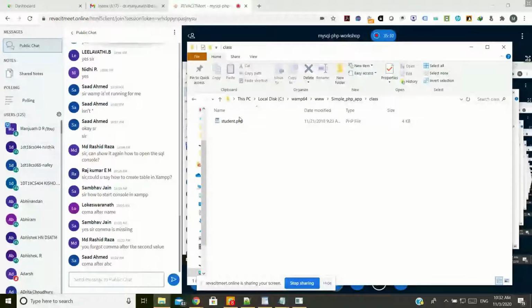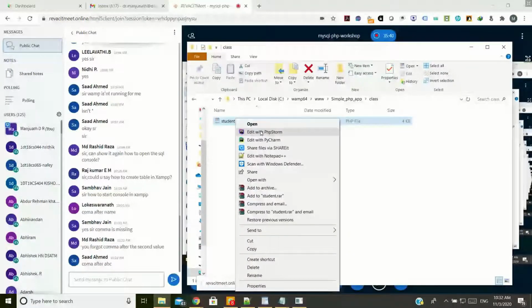Models are nothing but queries you use to interact with your application. This is the PHP way of embedding SQL. Using this, you will connect with your database and fetch information from it, or even post information into the database. You can do all necessary operations using these models. I'll just open this model first.